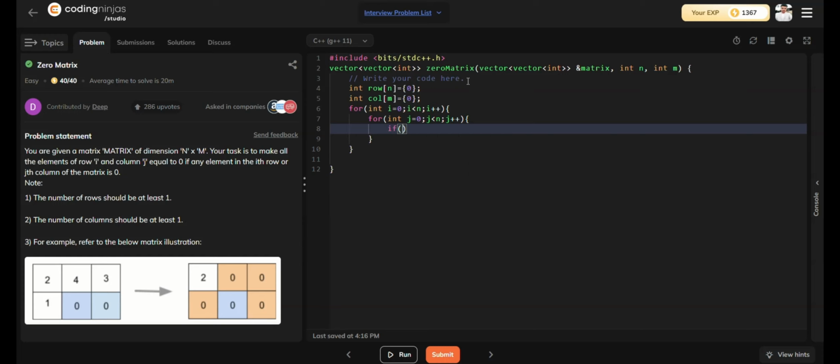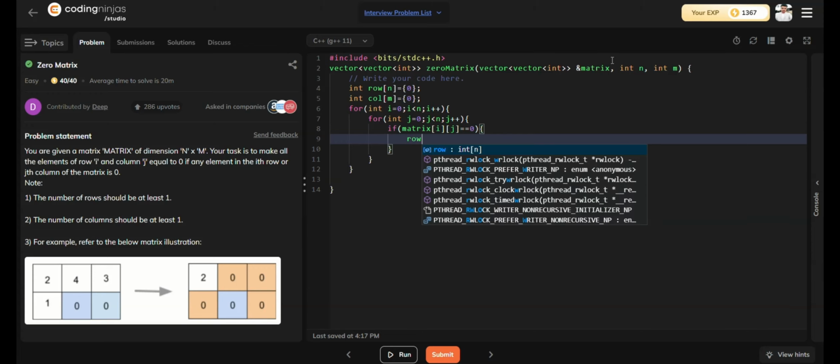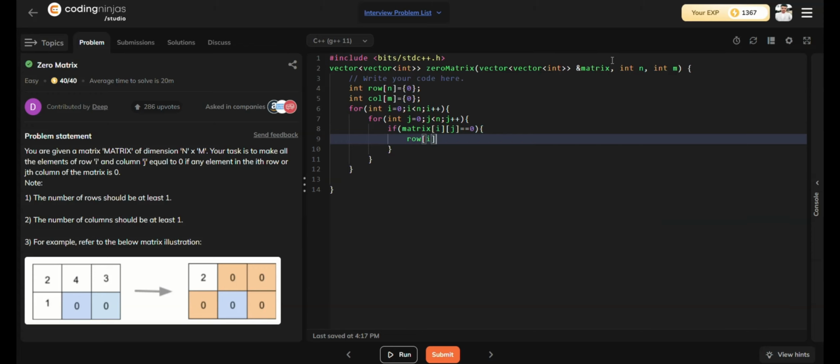The name of the array is matrix. If matrix of i, j is equal to 0, in that case we'll make row of i equal to 1 and